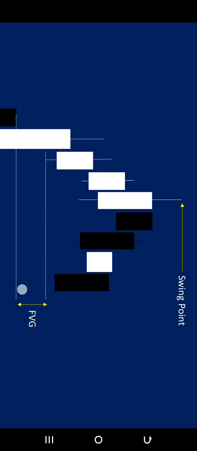It pushes price away. So when price gets to this point, maybe probably there is a swing point, an old high here that made this price to return, to reverse. The moment price begins to reverse, this fair value gap will start magnetizing the price to itself. This part is called retracement. Retracement back into the fair value gap.